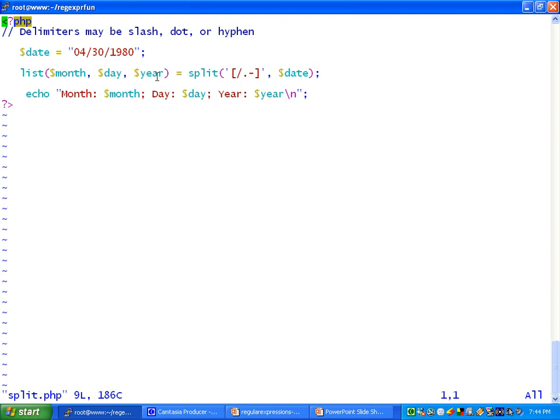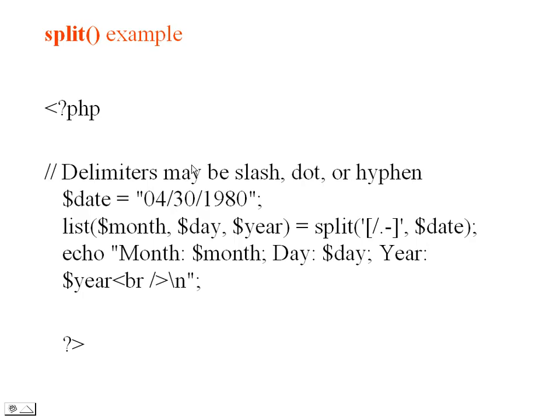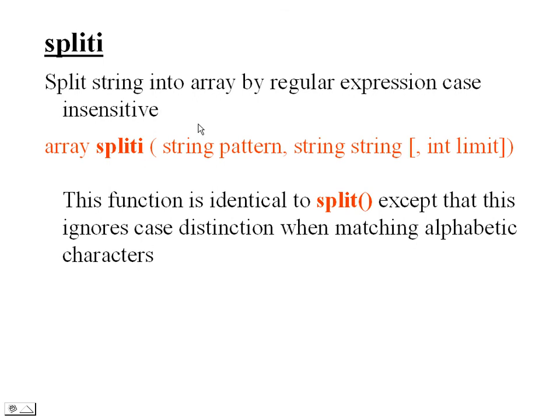That value will be represented as follows. So the expected output can be displayed here. And the next function is spliti, which works similar to the split function.